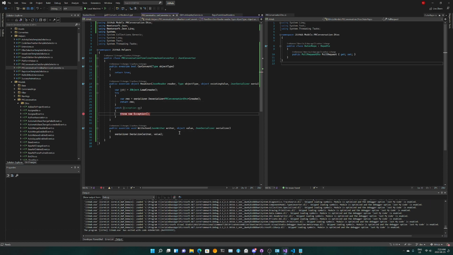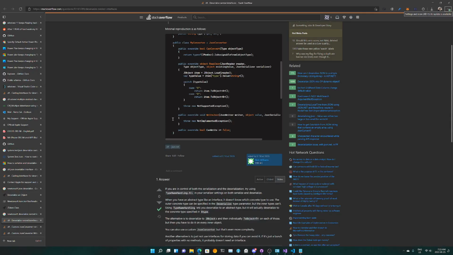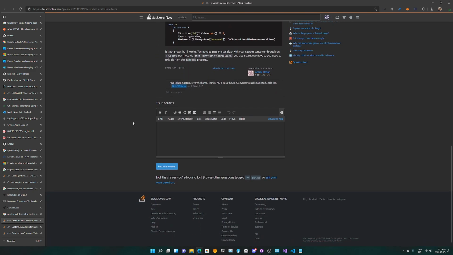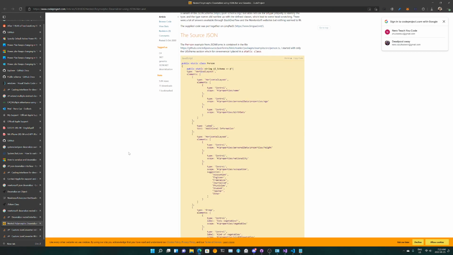And deserialize, I mean, how do you really deserialize within such a thing? So, write JSON, read JSON, item.ToObject, as it's saying. Okay. Nested polymorphism deserialization using JSON.NET and generics. Yeah, let's see how they do it.